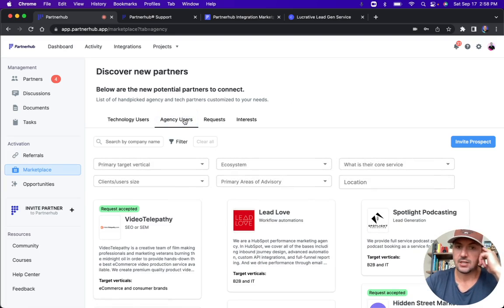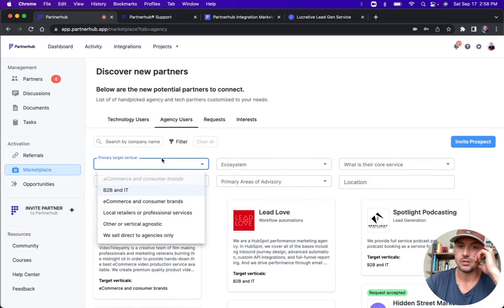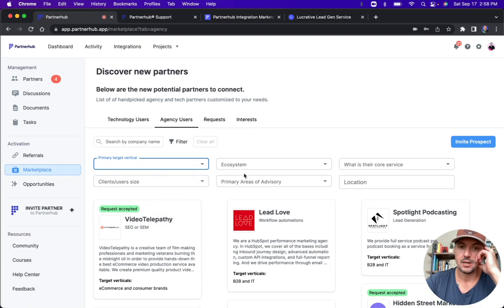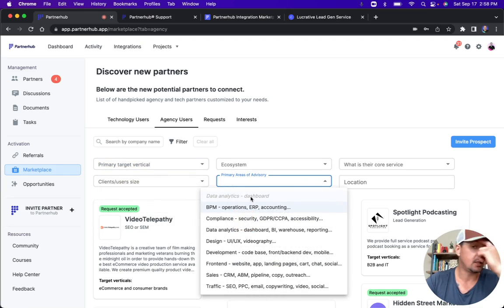If you're looking for agency partners, you can do the same thing, but you have this filter that I really like. It's called primary area of advisory. If you're looking for referral partners, a great way to do it is start with agencies that sell to the same ecosystem, target customer size, vertical, but don't sell your services. So if you're a traffic driving agency, maybe you want to partner with development agencies or design agencies,